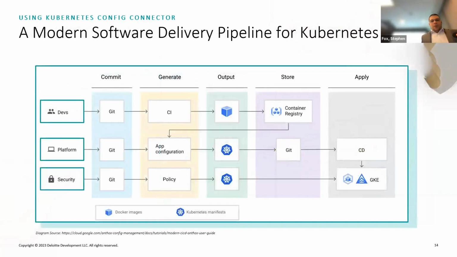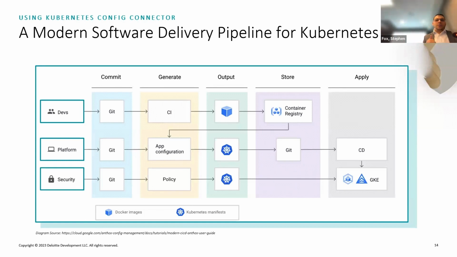This is an Anthos reference software delivery pipeline, but a lot of organizations are adopting a Kubernetes approach for software delivery. Here there are basically three pipelines. The top one is the application development pipeline. Let's say you have your Java application, you run it through CI, you build a container, you push it to your container registry. The container registry generates an image shasum, and then your platform pipeline is basically your delivery pipeline.